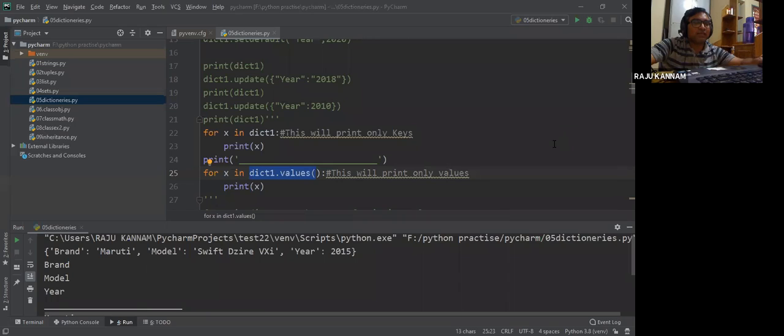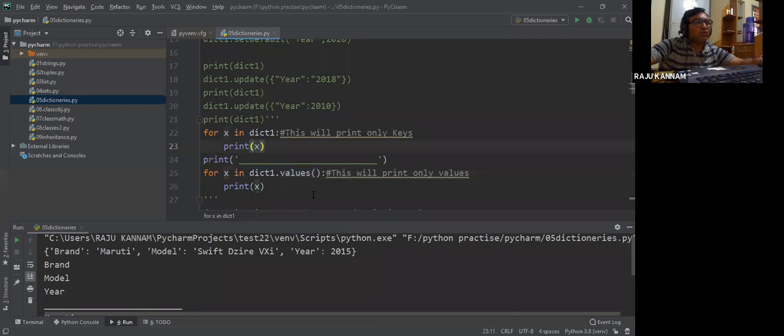Okay, and here, unlike the previous collections, that is tuple, list and sets, where we have only one value and by using a for loop we can refer to that value and print it, in dictionaries every element contains two fields. One is the value field and the other is the key field.